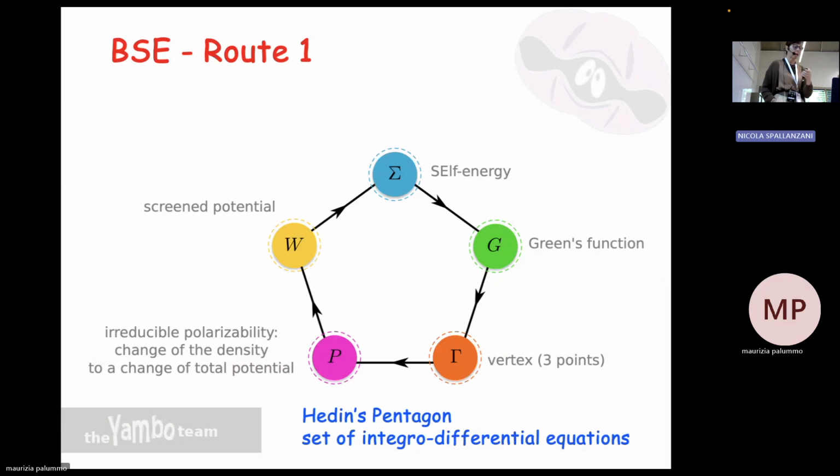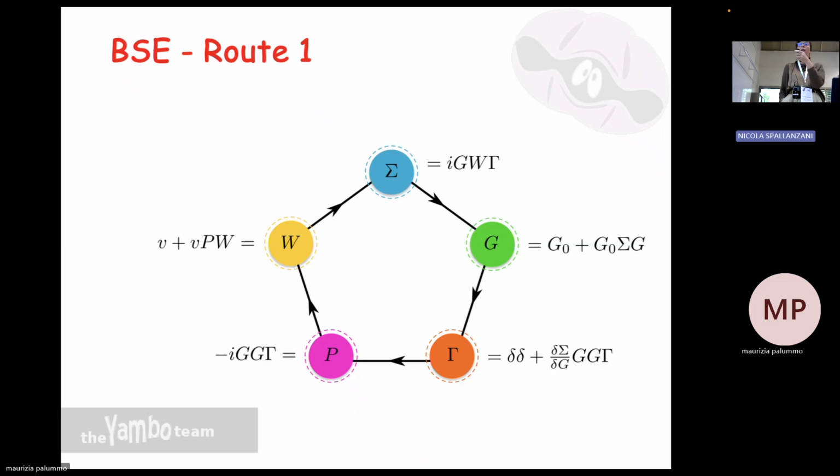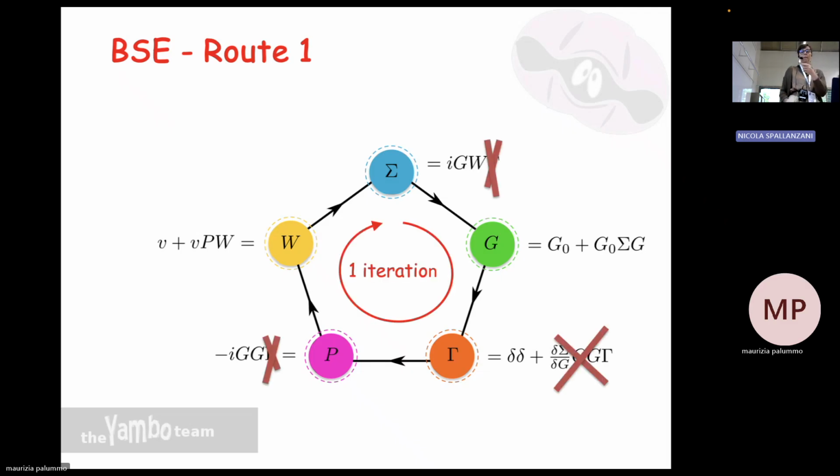Okay, so come back to the first. Already yesterday, several speakers have mentioned the eigenequation that is represented by this pentagon. To understand that, it is an integral differential equation, and you have to solve them consistently. What we have done yesterday is assume that the gamma vertex at the beginning is 1, and then we stop. We have discarded the equation in a very compact way. And then we assume at the beginning that the gamma is delta, and then we do a cycle